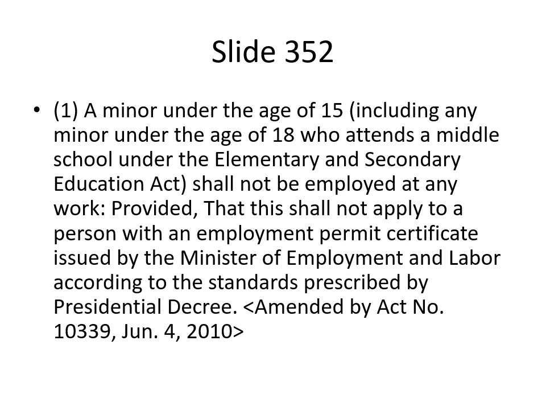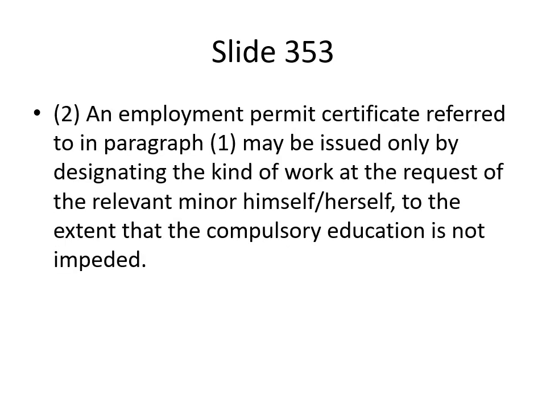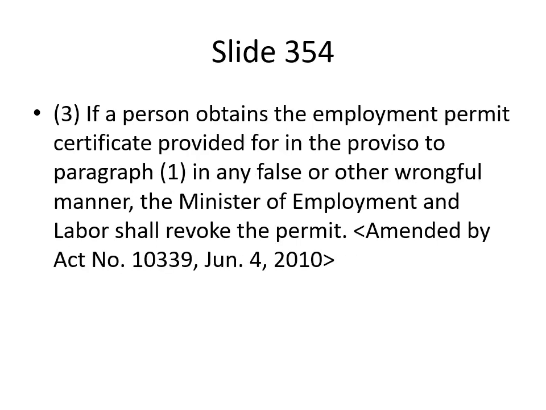2010> 2. An employment permit certificate referred to in paragraph 1 may be issued only by designating the kind of work at the request of the relevant minor himself or herself, to the extent that the compulsory education is not impeded. 3. If a person obtains the employment permit certificate provided for in the proviso to paragraph 1 in any false or other wrongful manner, the Minister of Employment and Labor shall revoke the permit. <Amended by Act No. 10339, June 4, 2010>